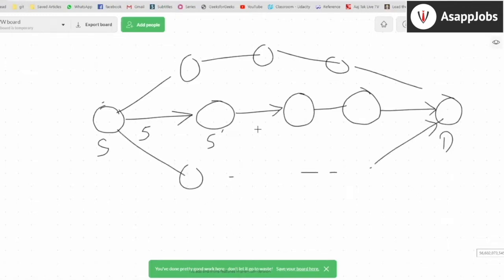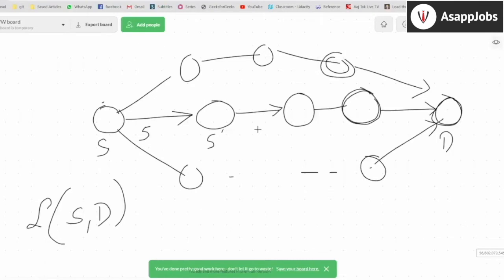So if I want to find the minimum distance, I can go from S to D. Let's say the minimum distance is represented by delta. I want to find delta from S to D. So how do I find delta from S to D? One approach, if you just go with the brute force approach, don't think about anything else, you don't know how to do it, you simply take the brute force approach. I know I want to reach D. Okay, what are the options for me to reach D? I can reach D from here, from anywhere.